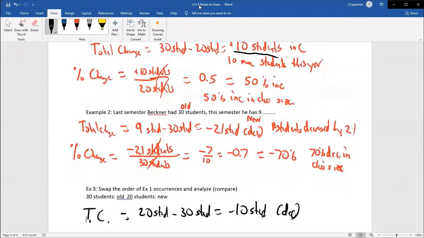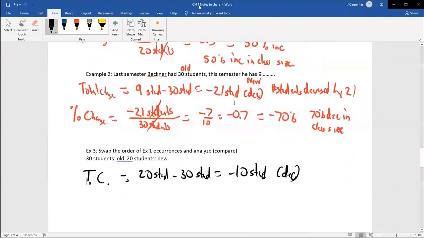So the total change, when you swap the order, only matters in sign. The magnitude of the number, the 10, is actually the same. But the plus or the minus absolutely makes a difference. If you do it backwards, if you do it wrong, you're still going to be wrong. But at least you get the idea that it was a 10 student change. You just might say it went up when it actually went down. But here's where things get interesting.